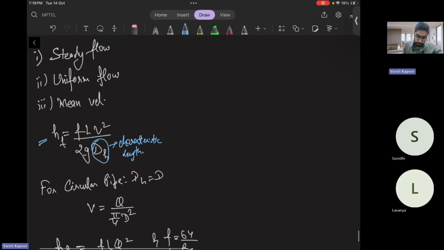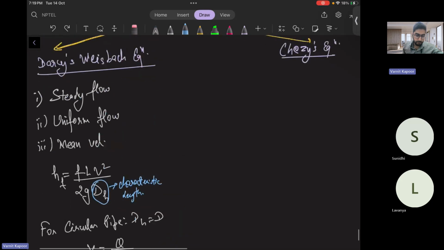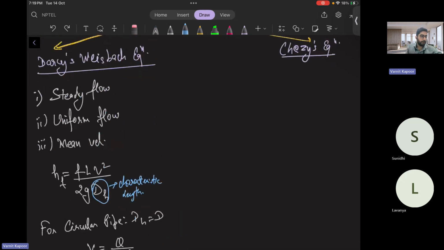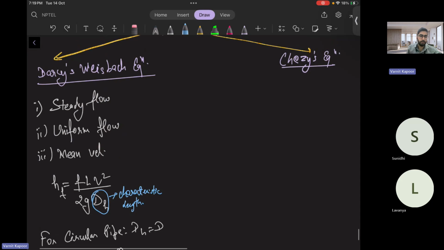But this relation is valid for both laminar and turbulent. Whereas if I have a steady flow scenario, the Chezy-Weisbach equation is there, and this is suitable for open flow measurement devices, basically. Like you have a piezometer, manometer. Sorry, piezometer, it's an open flow device, right? Or a pitot tube is there. So it is basically used in